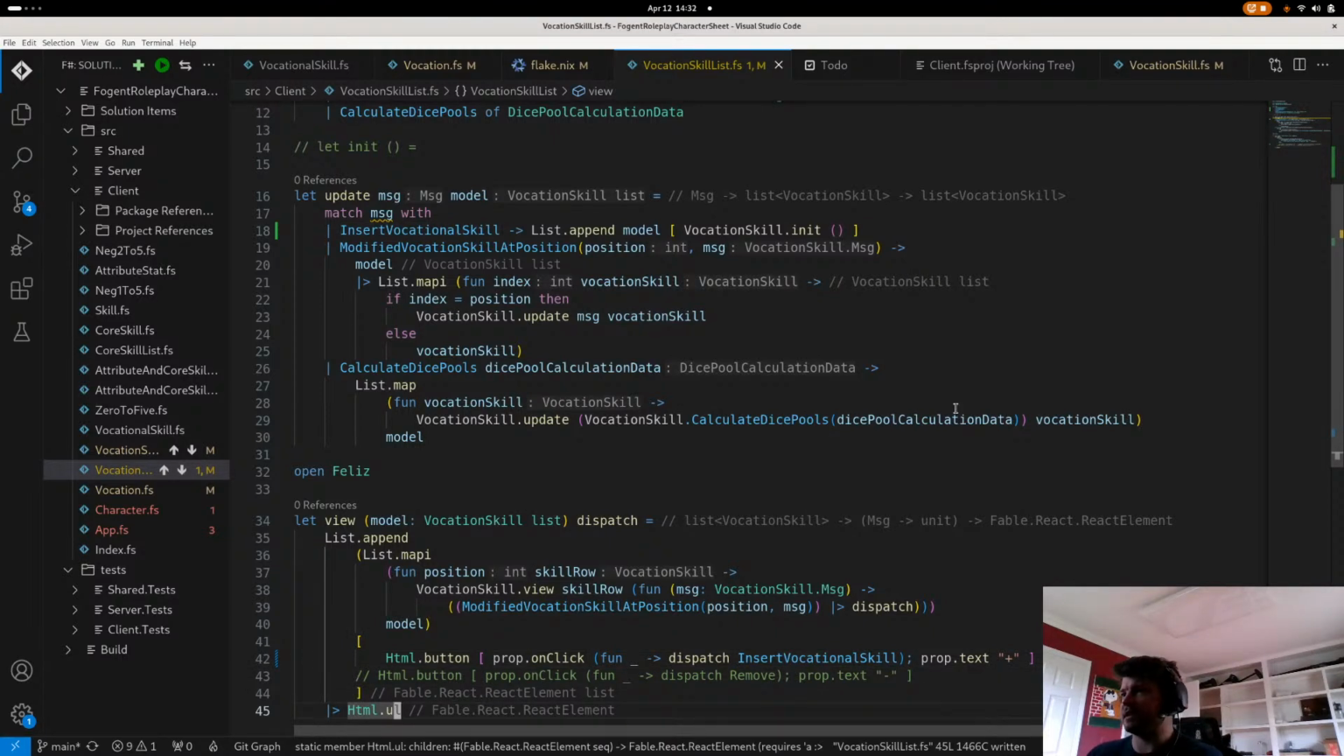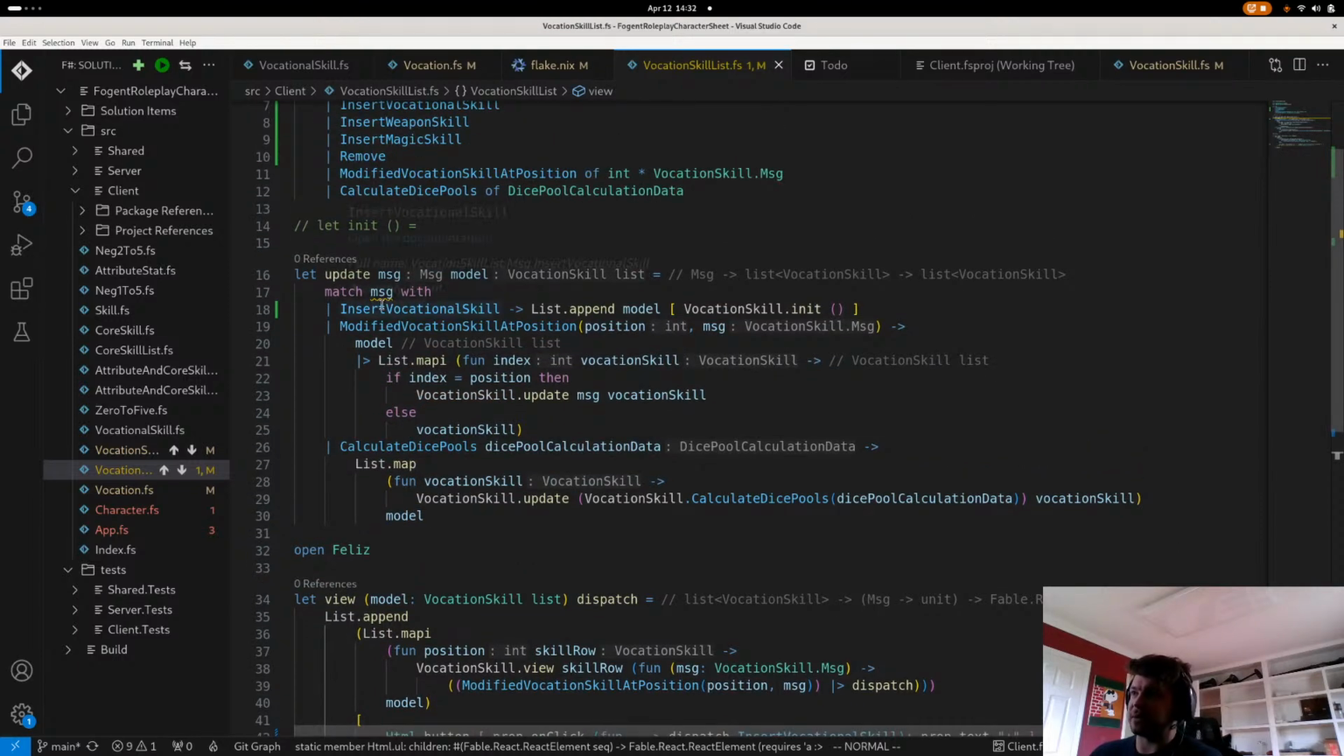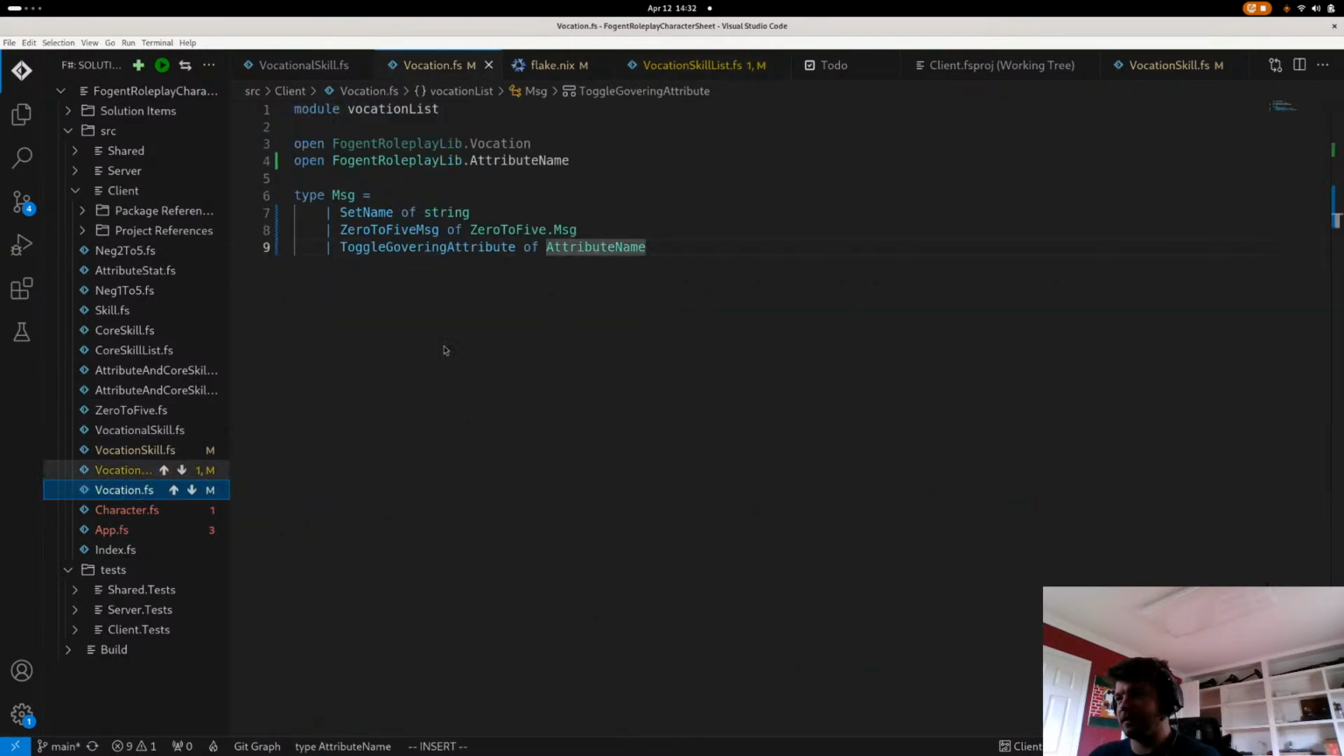We need to implement these other ones, but the nice thing is we're going to get these warnings here that we need to come back and implement these, which is perfection. We have our vocation here, so let's actually go ahead and do our vocation. So then we have these guys. We can say